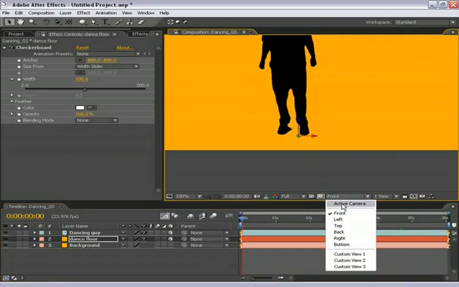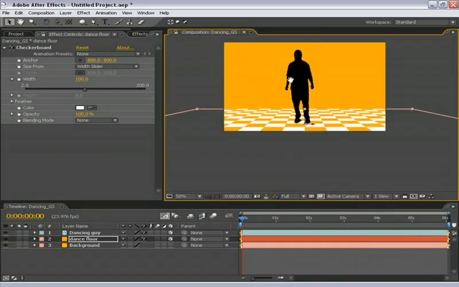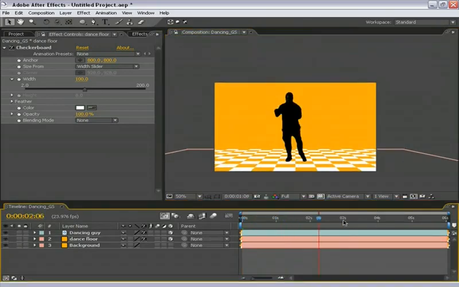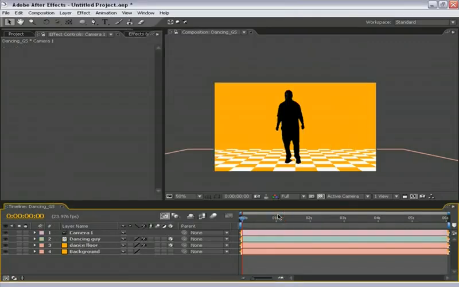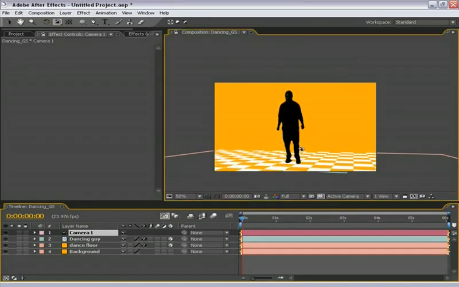So now I'm going to go back to the active camera, which is just the composition's default view until you create a camera. And now I want to add some dynamic to this. So I'm going to go to Layer, New Camera, select OK. And now I have this brand new cool tool called the Orbit Camera tool. And what it does is it orbits